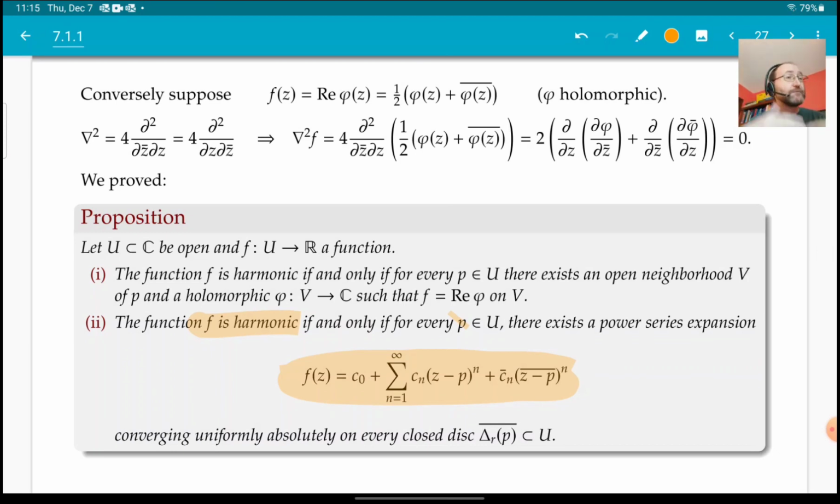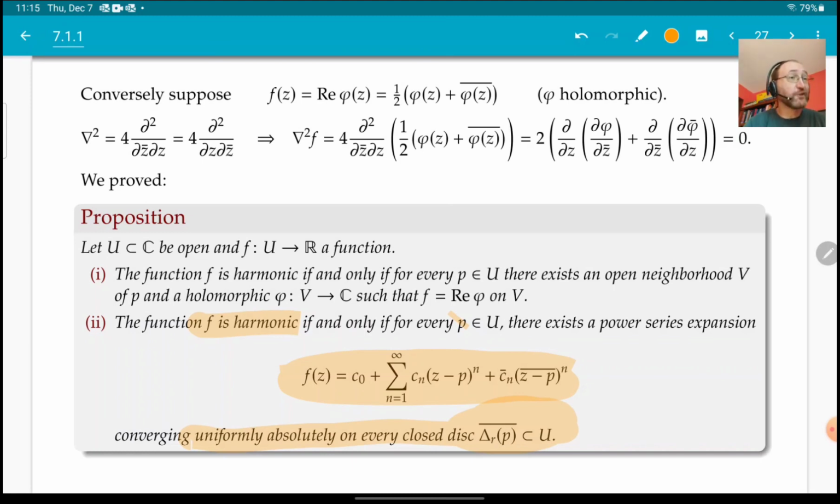So it is a very special, really real power series in two real variables, and we can write those in terms of the z's and the z bars. But it's this very special power series, right? And we know that this converges uniformly, absolutely on every closed disk. Well, why? Because